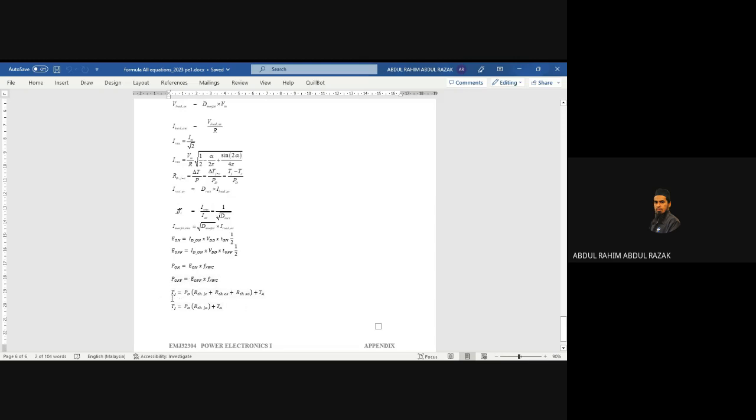Here we have TJ for the device with no heatsink attached. So the PD, dissipated power, times R thermal from junction to ambient, plus ambient temperature. If you have a heatsink,